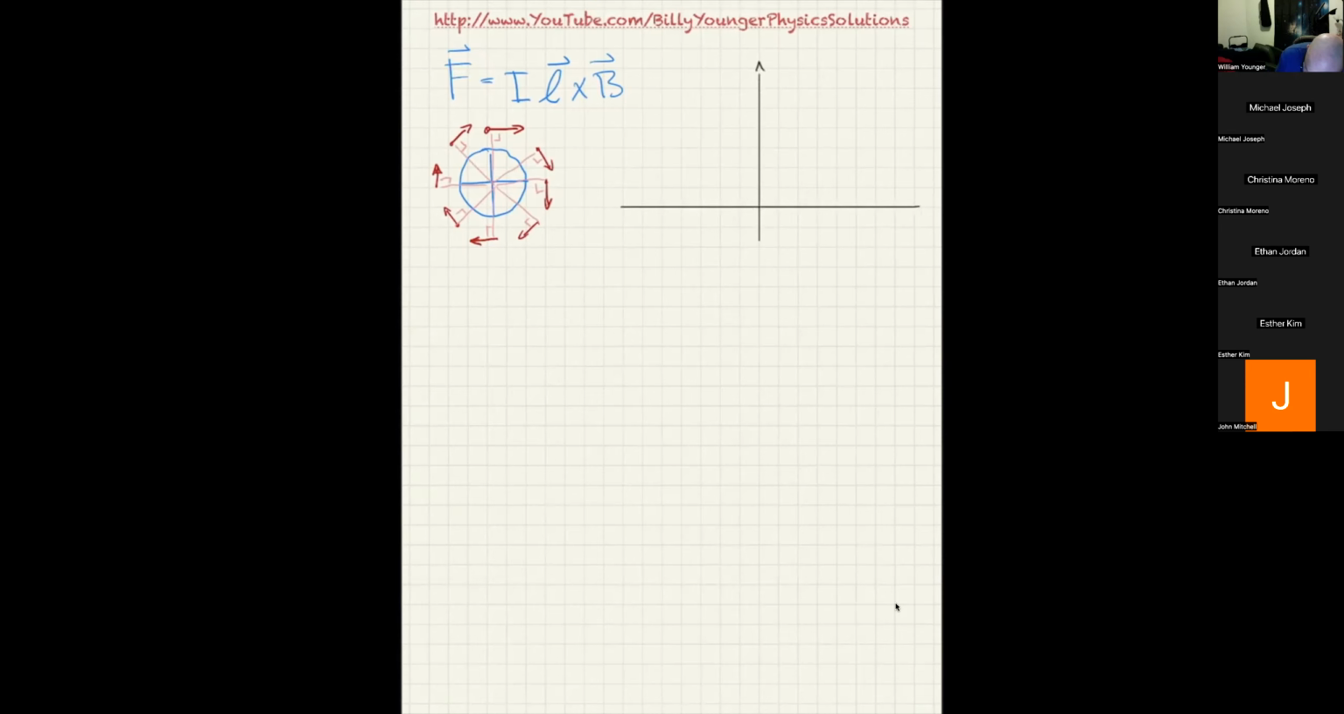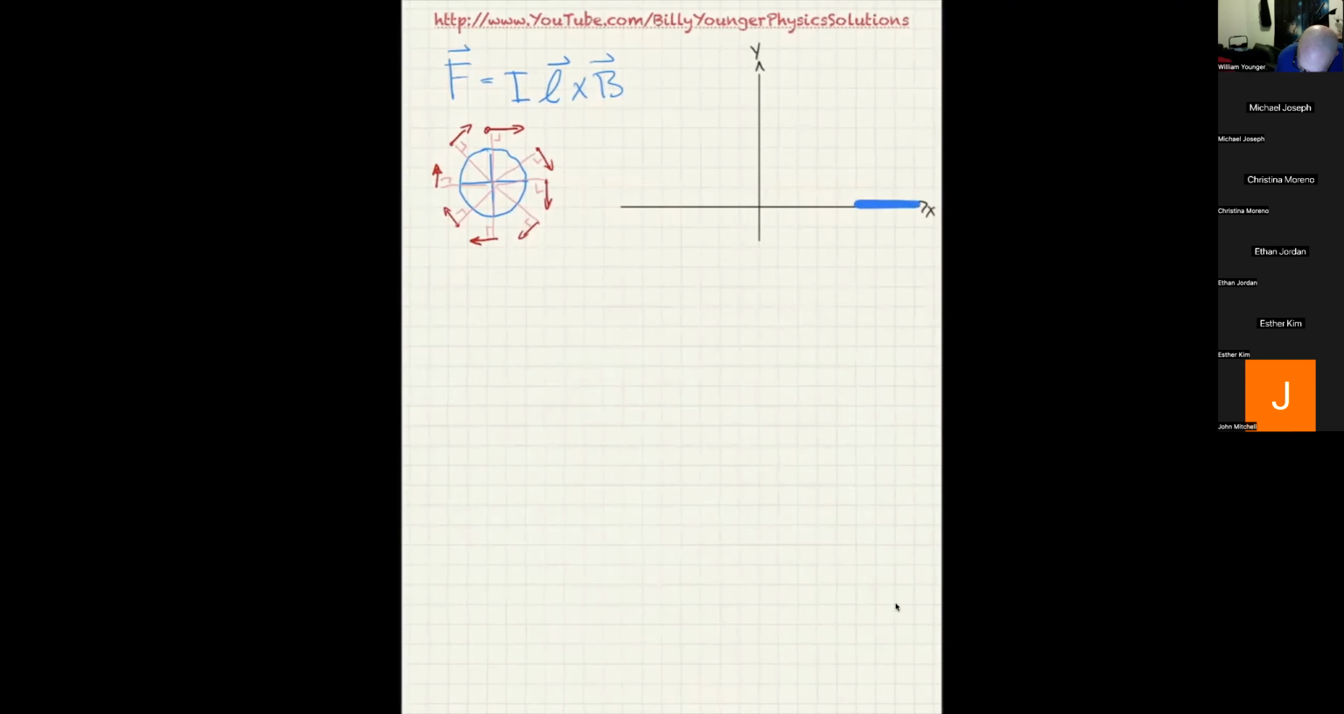Okay. This is going to be my x-axis. This is going to be my y-axis. I am going to have a current carrying wire, let's say coming in. Whoa, I didn't want that color. Go away. Okay. So I'm going to have a current carrying wire going into